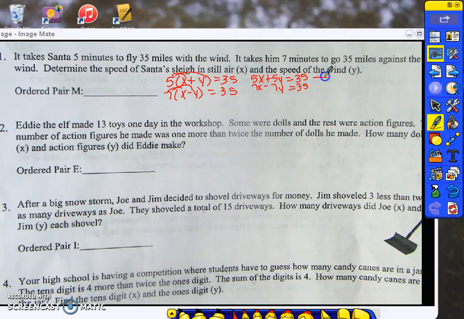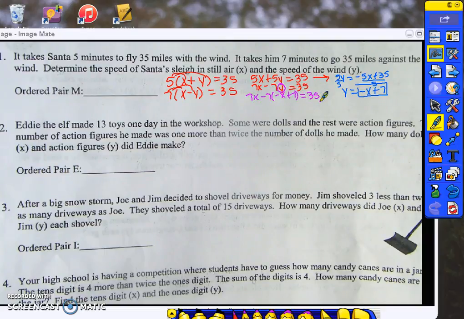I'm going to put this one in slope-intercept form by subtracting 5x from both sides. So 5y equals negative 5x plus 35. Divide by 5 on both sides. y equals negative x plus 7. I'm going to take this negative x plus 7 and plug it in everywhere that I see y in the other equation. 7x minus 7 times negative x plus 7